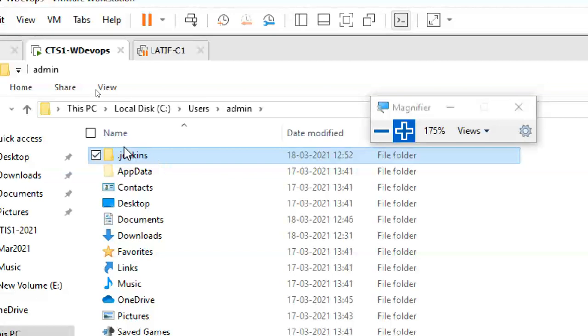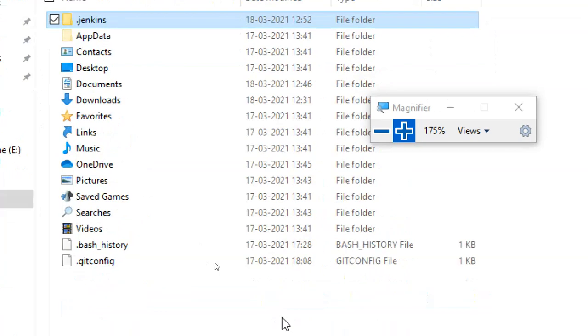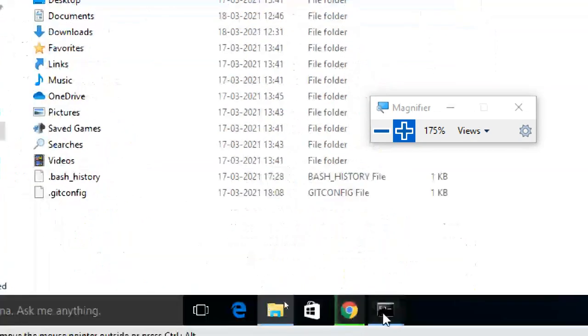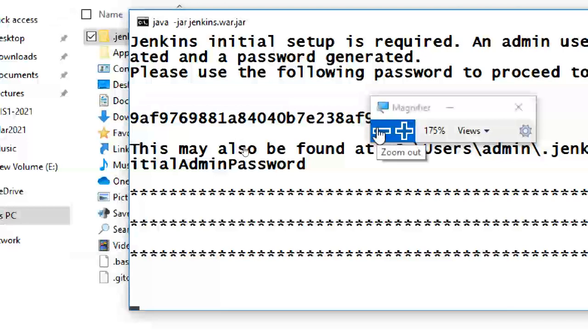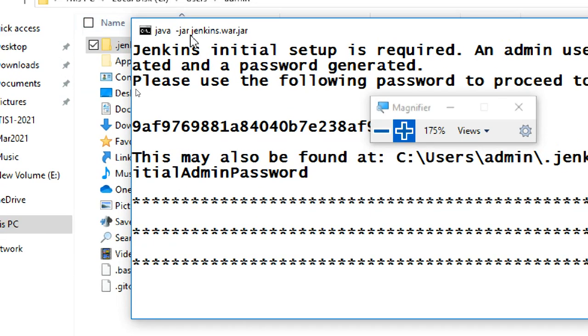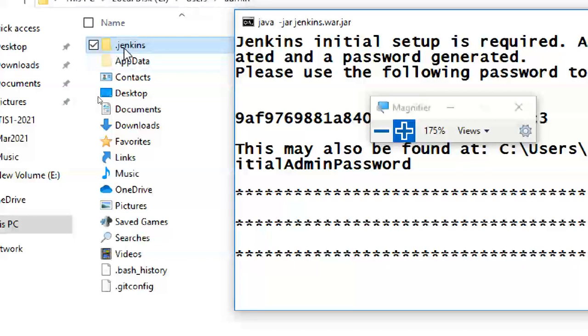So why did I show the Jenkins folder? If your Jenkins installation fails while you are installing, or the next setup of Jenkins fails, or maybe you want to set up Jenkins again from the start, what you have to do is go to this location and delete the .jenkins folder.